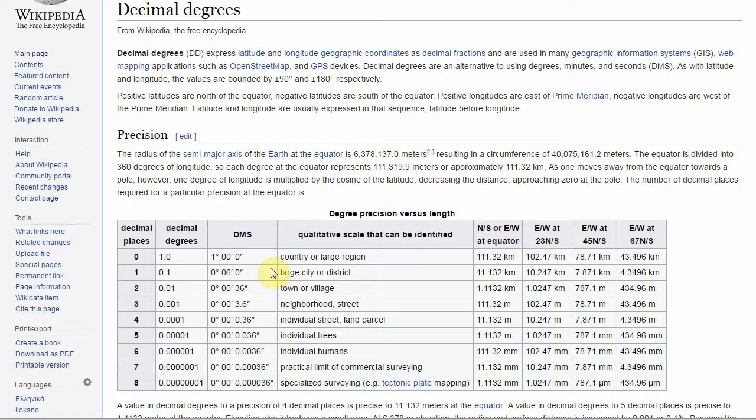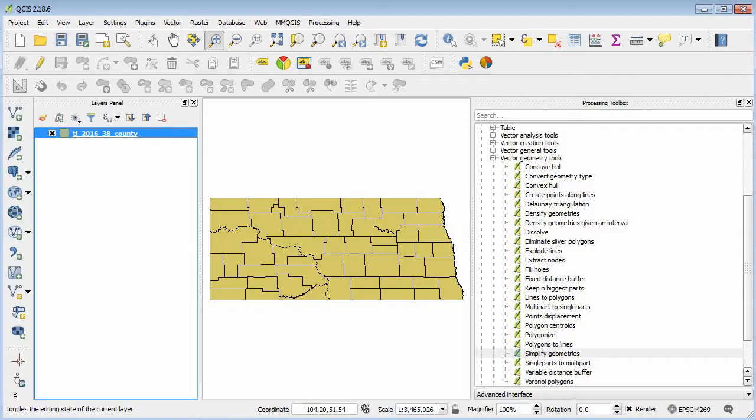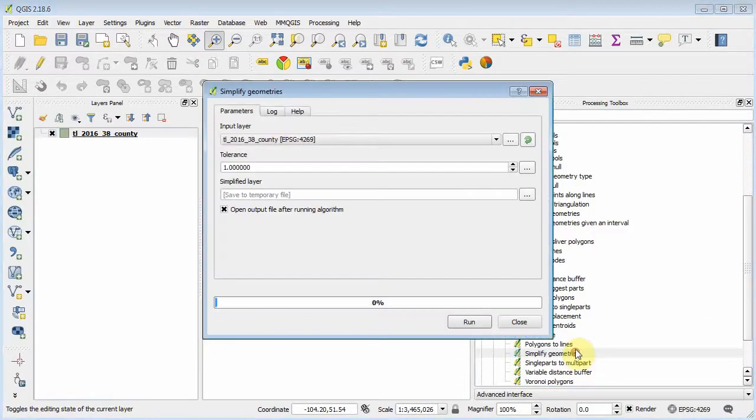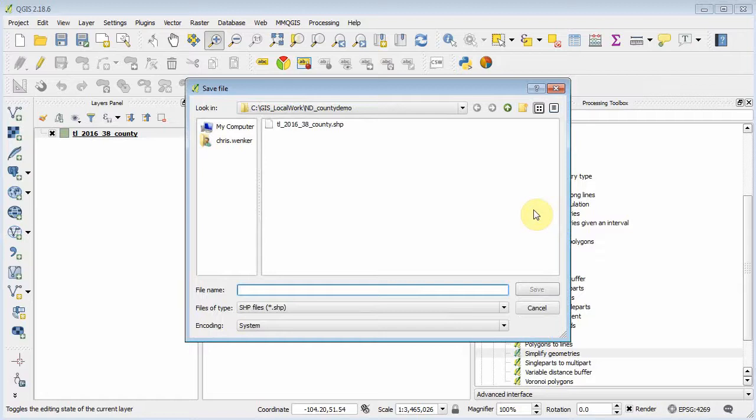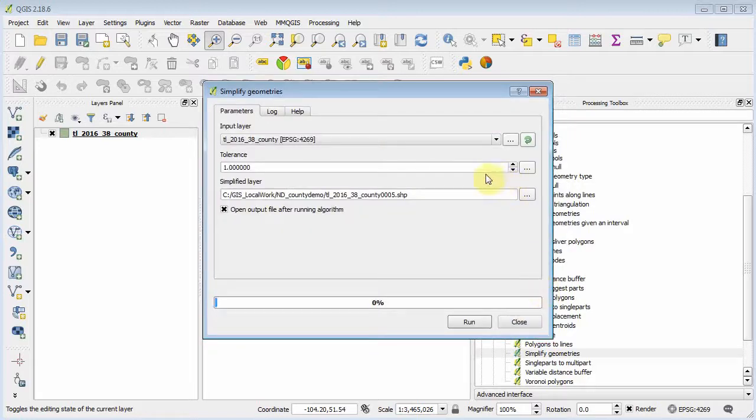Decimal degrees can be roughly translated to distances like this. 1/10,000th of a decimal degree is about 11 meters. So back to our tool. We input the census file. We define the output location. And now